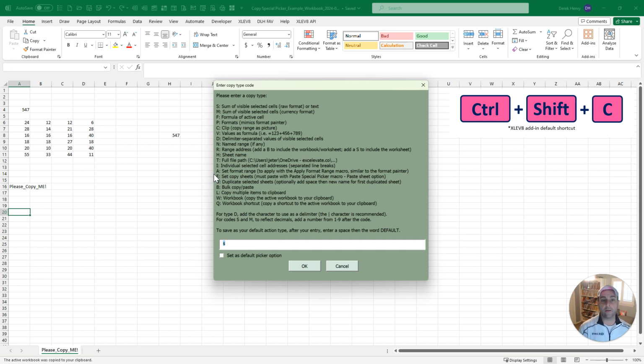Picklist macros like this are helpful because they bring together a lot of things well beyond what Excel can do natively in one list, one central, easy to find list. You can even set your default using the shortcut or using a little checkbox here at the bottom. So the next time you don't have to type the letter, you just run this macro, press enter, and it